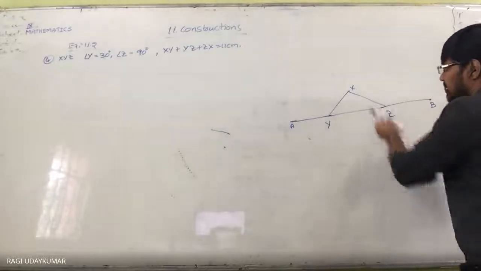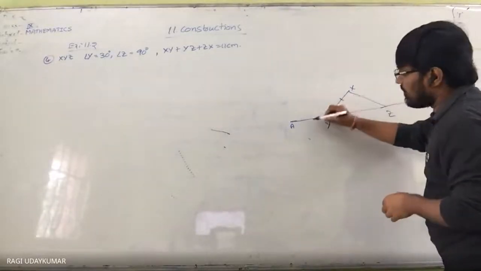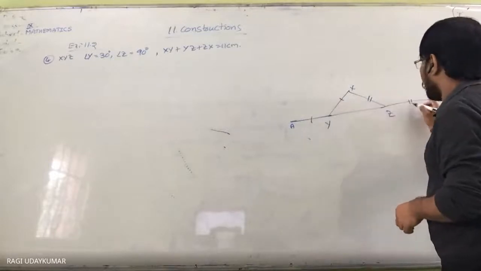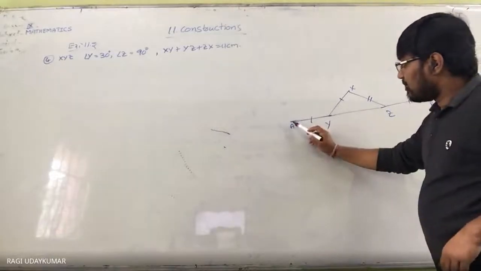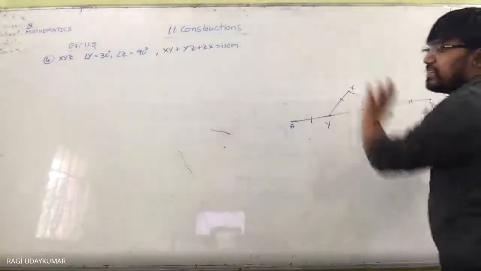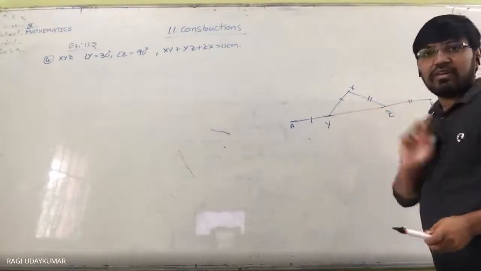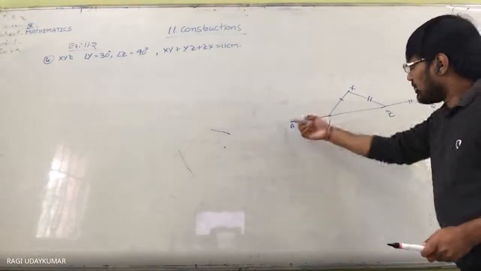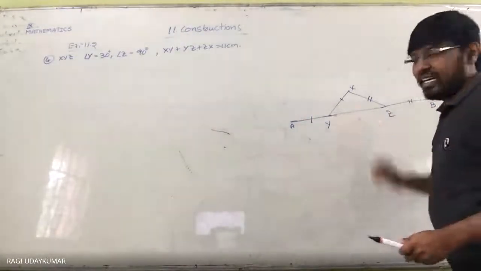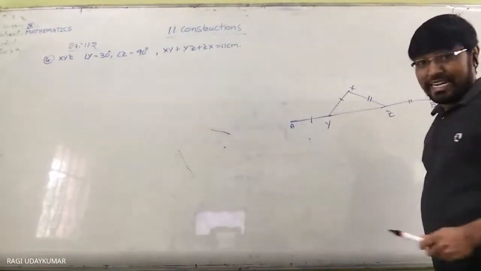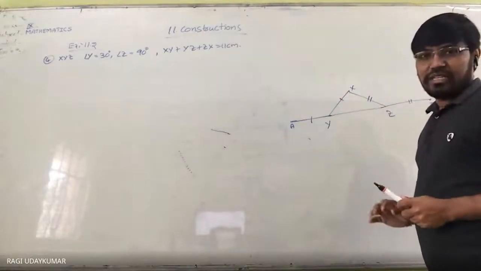Did you understand what I did here? The equal length here means this length is equal to this one. Now we have the total length that is given to you, because this length plus this length plus this length is equal to 11. So this total length is 11. We can construct the line, but we don't know where Y and Z are when we draw the 11 centimeter line segment.